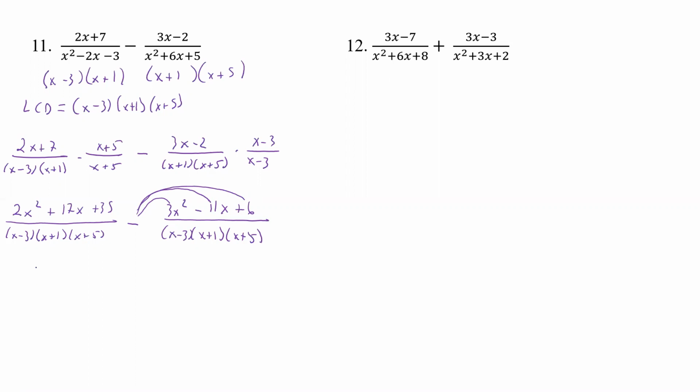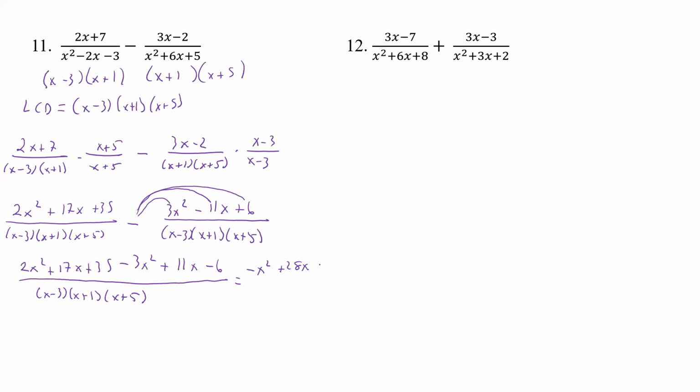Okay, so when we do that, we'll have 2x squared plus 17x plus 35 minus 3x squared, and then plus 11x, and then minus 6 all over our x minus 3, x plus 1, x plus 5. Now this gives us what? Well, 2x squared minus 3x squared is going to be minus x squared. And then 17 plus 11, that's going to give us 28x. And then we have 35 minus 6, that's going to give us plus 29